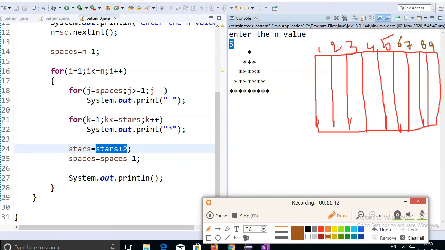We don't need 6, 7, 8, 9. I will show you 1, 2, 3, 4, 5.